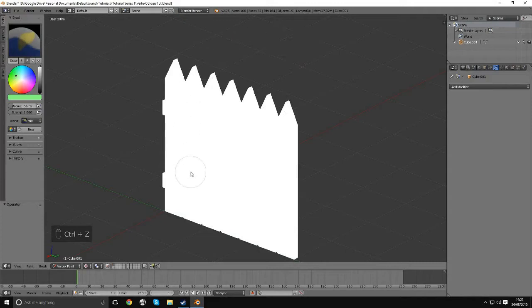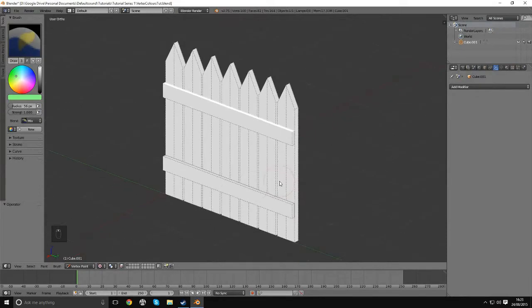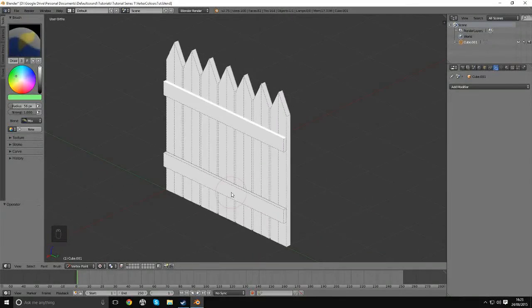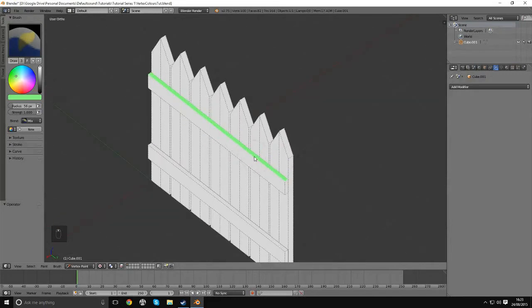So what we can do, we come down to the bottom here, and we've got this thing called face selection masking for painting. What this allows us to do is select specific faces and only have them paint on those faces. If you check this box here, you'll see our mesh will suddenly change to this sort of wireframe view. And at the moment, if I try and click and paint, I'm not able to, besides this one face. That's because this face is in the mask selection. So if I undo that,